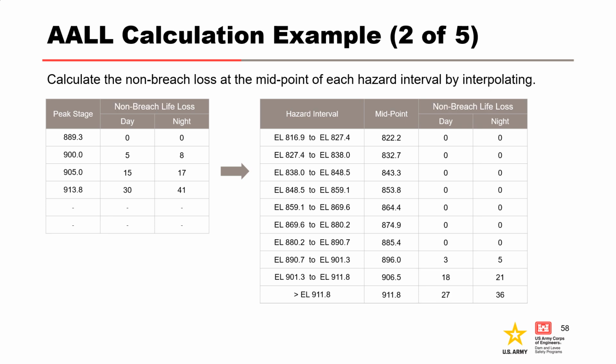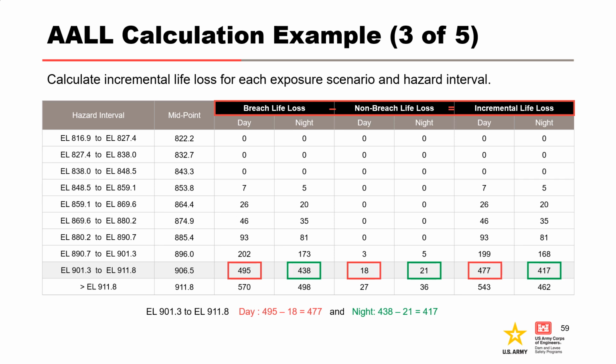Next, we will use the same procedure and interpolate to get the non-breach life loss at the midpoint of each hazard interval. The incremental life loss is the difference between the breach life loss and the non-breach life loss. For each exposure scenario of each hazard interval, subtract the non-breach life loss from the breach life loss to get